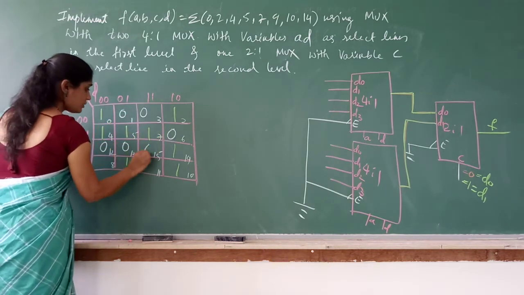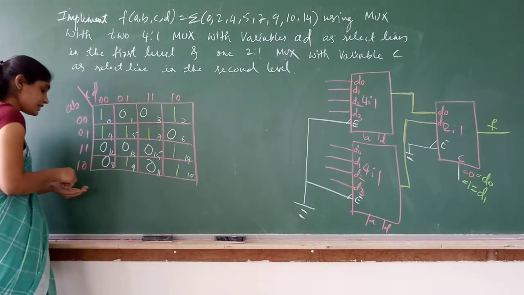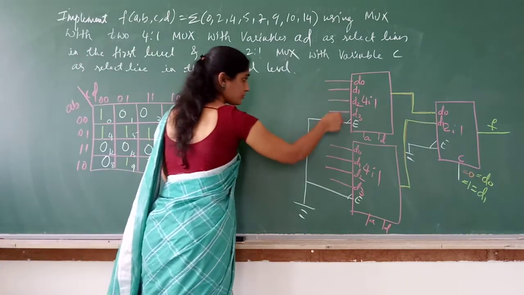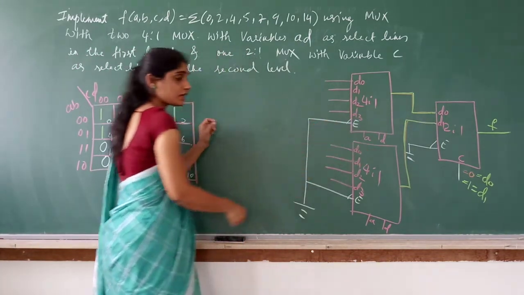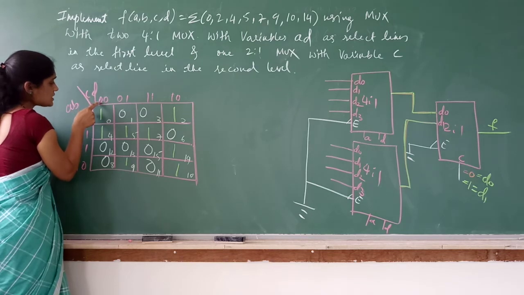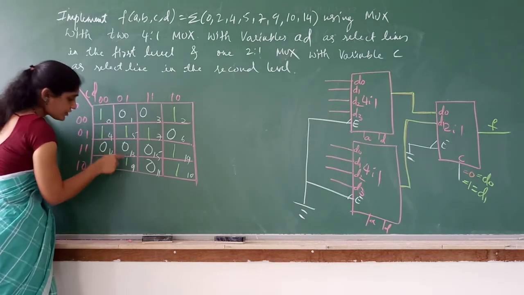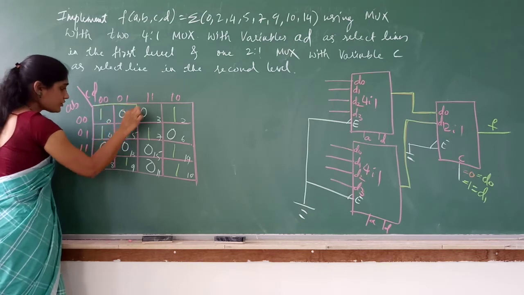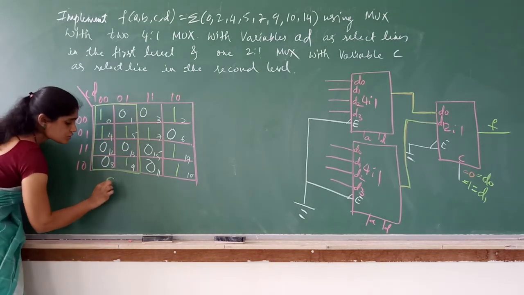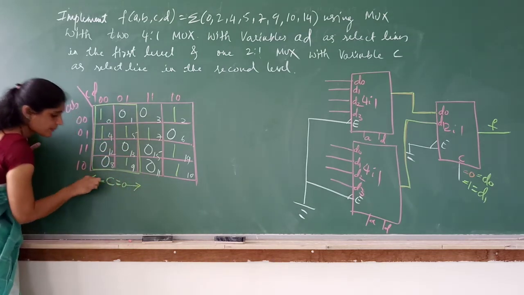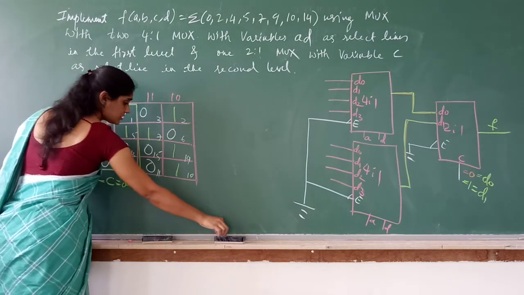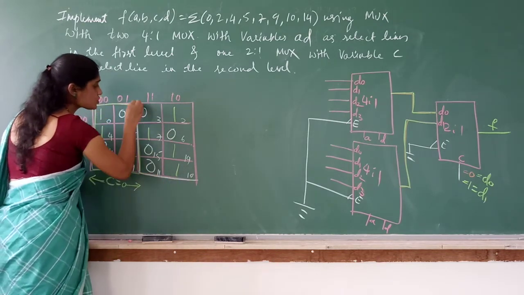Right? So now with the truth table, the K-map, you just analyze where C is 0, where C is 1. First 4 combinations, C is 0. Other 4, C is 1. Right? So look at this. C variable is here. I have taken in the order A, B, C, D. C is 0 for this row, C is 0 for this row. So C is 0 for these two columns. Similarly, C is 1 for this column, C is 1 for this column. So C is 1 for the next two columns.